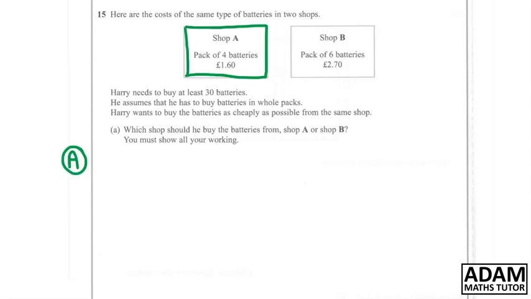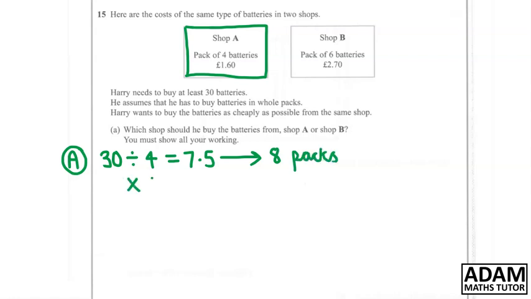So for shop A, he needs to buy 30 batteries, and shop A sells them in packs of 4. So divide by 4, and this gives me 7.5. But because he has to buy these in whole packs, that means that he would have to buy 8 packs. And with each pack costing £1.60, I can times this by 1.6, and this gives me a total cost of